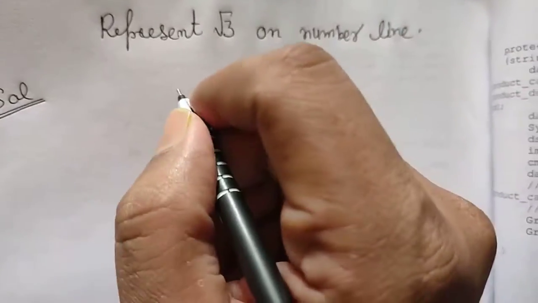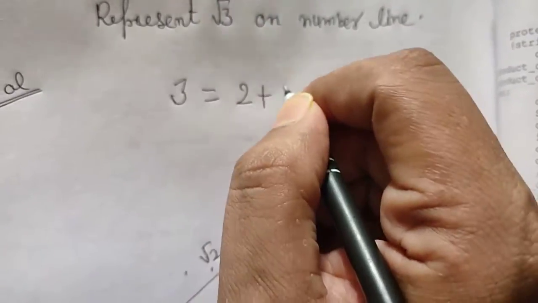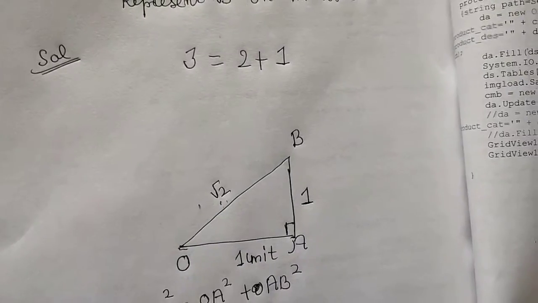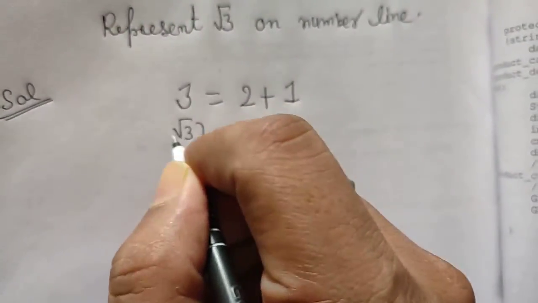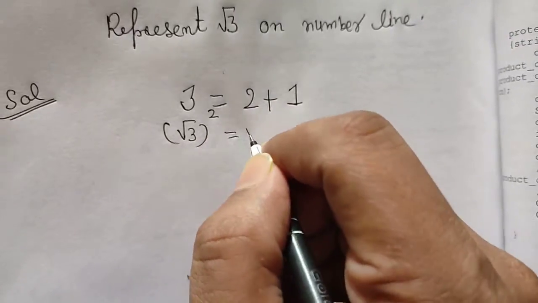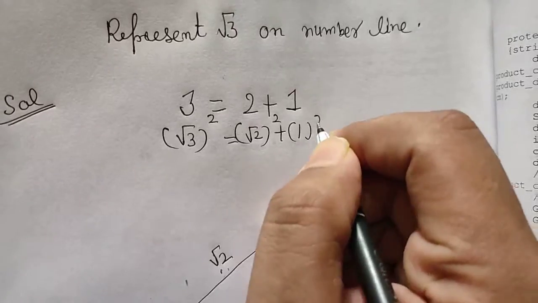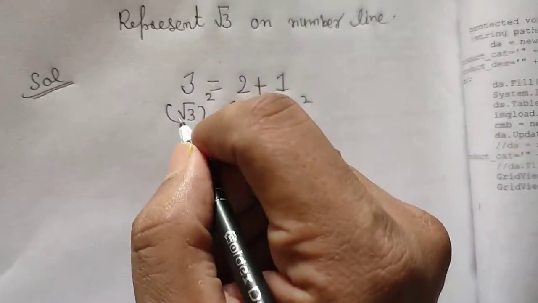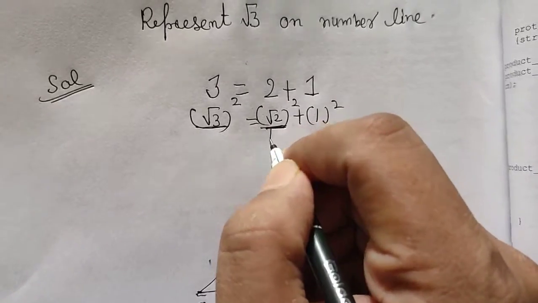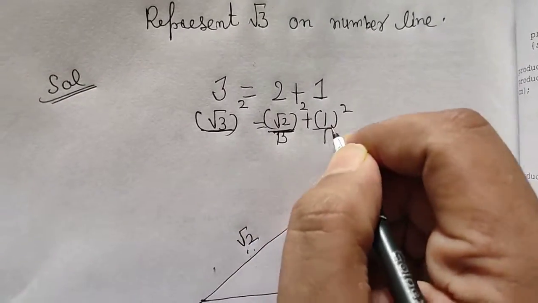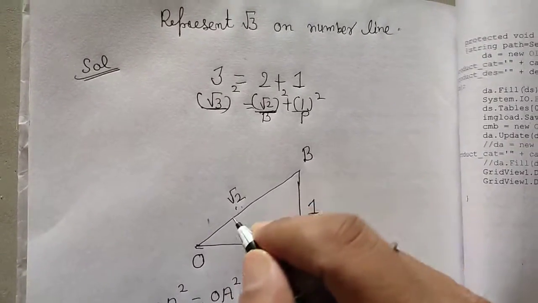Now see how 3 can be represented. 3 can be represented in this way, and 3 can also be written in this way. It is also satisfied. So if you have to obtain this, make this a base or perpendicular. Suppose this is the base, then it will be the perpendicular. So we have root 2 as a base here.